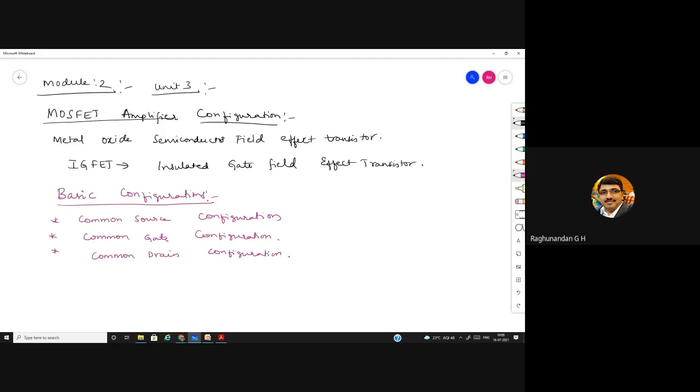So these are the three types of configurations which we have. It is similar to the common emitter, common base, common collector configurations, which we have discussed in normal BJT. The common source configuration can be illustrated as